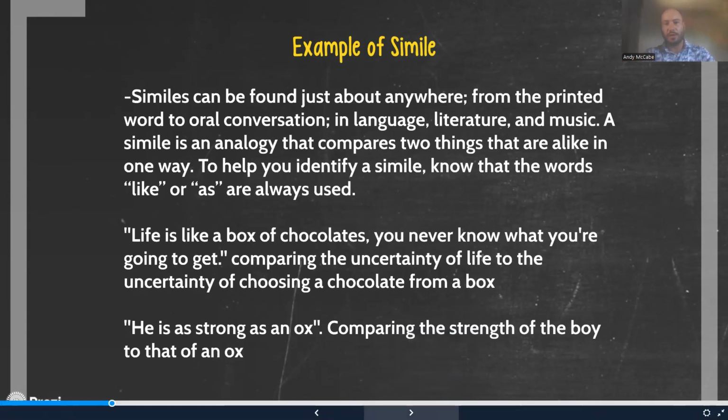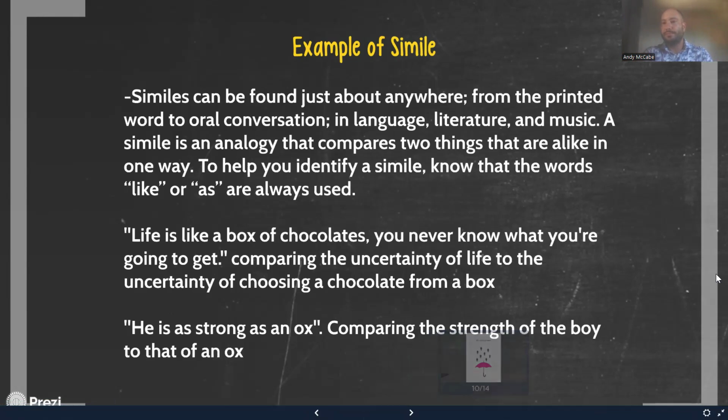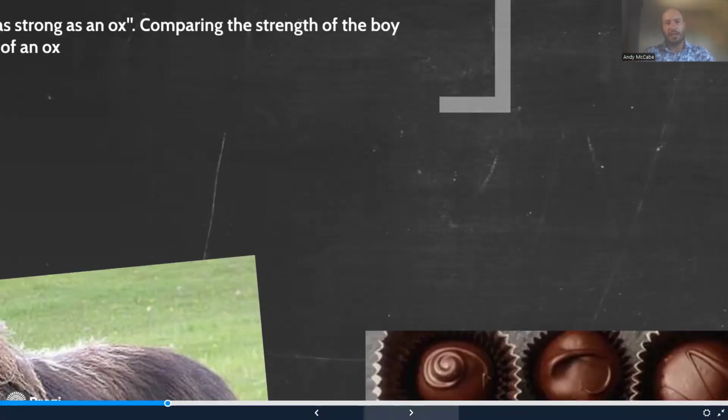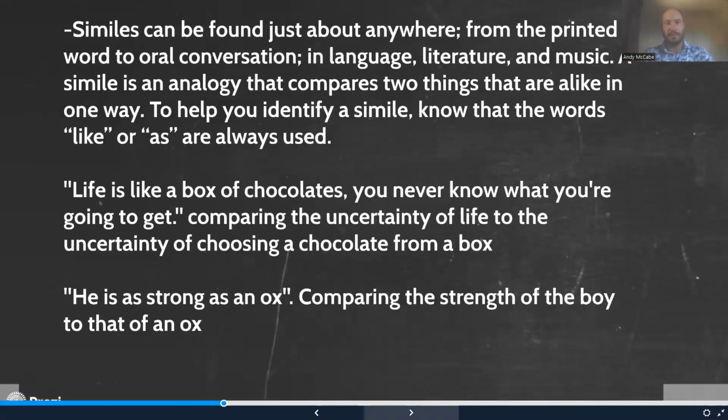Now, let's go on to an example of metaphor. If we were going to give this same comparison, but as a metaphor, we would remove like and we would say life is a box of chocolates. So we are directly classifying life as a box of chocolates. And in this way, we're making a comparison. But you can see there's a slight difference in the structure. Let's go on and give another example of a metaphor.